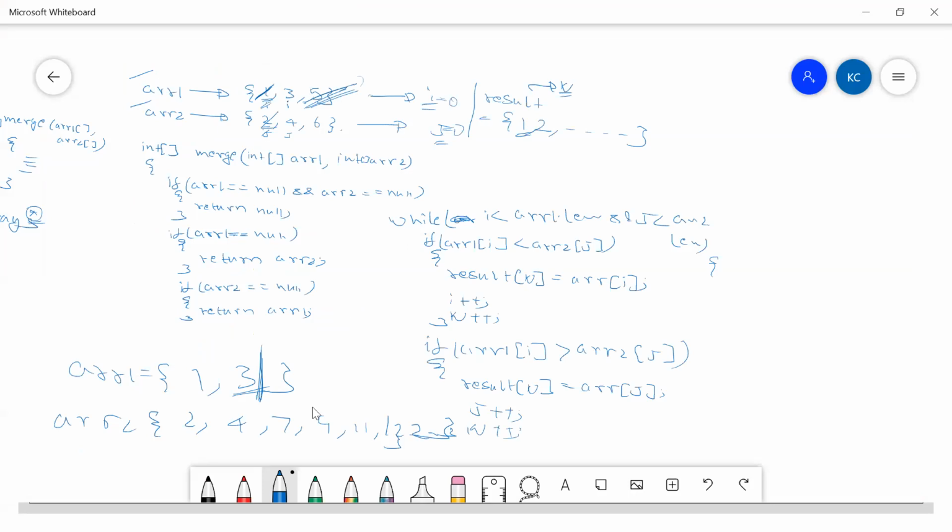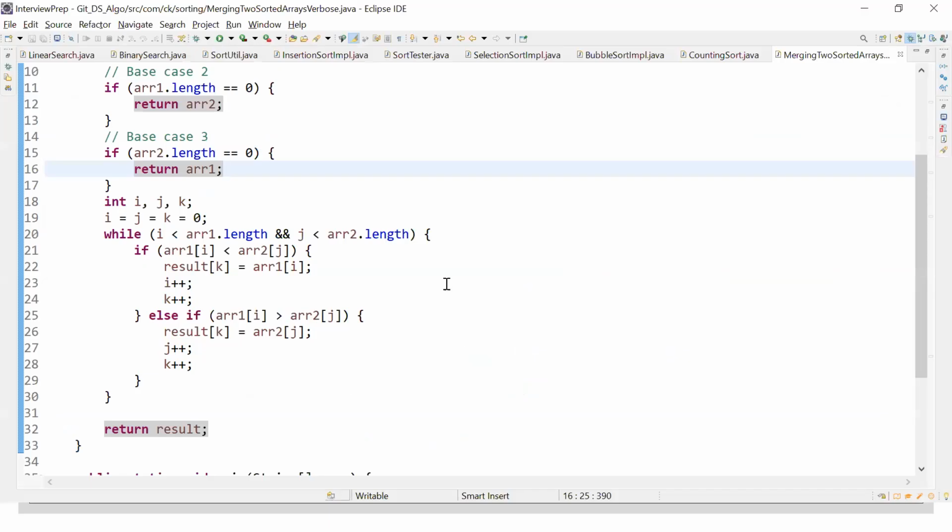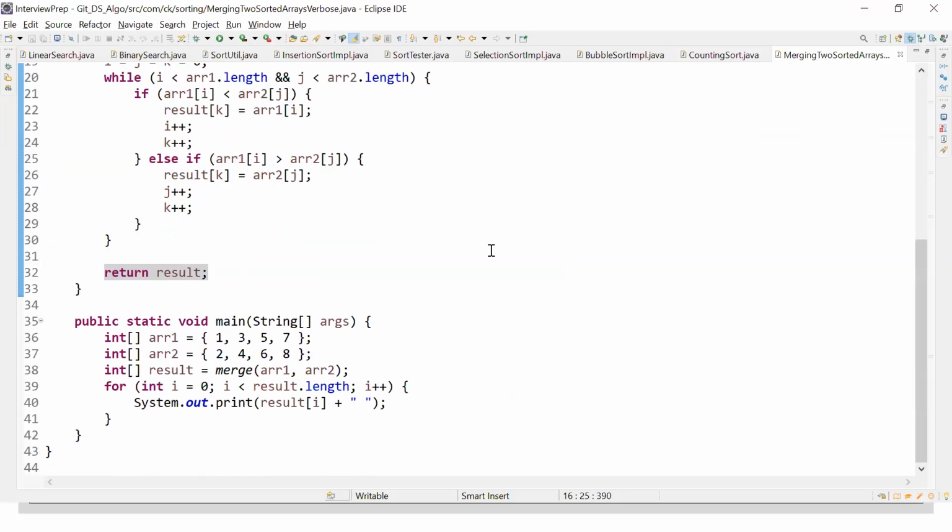But here what I need to observe is all these elements are left out, right? To make sure that all these elements are also taken into consideration, we need to add a little bit more code.